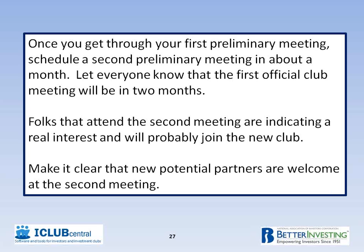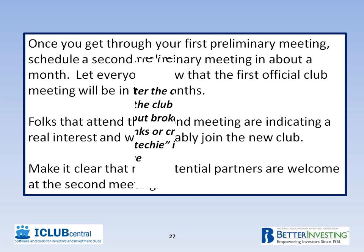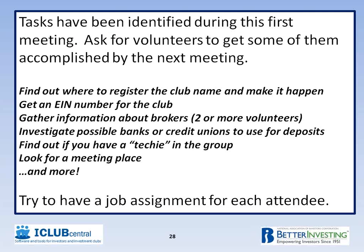Keep encouraging the people that have expressed an interest to bring a friend and to have them sit and listen to what it is you're trying to accomplish. Now, if you've conducted this first meeting correctly, you've identified some tasks. And before folks get out of the meeting room, ask for some volunteers to get some of the tasks either